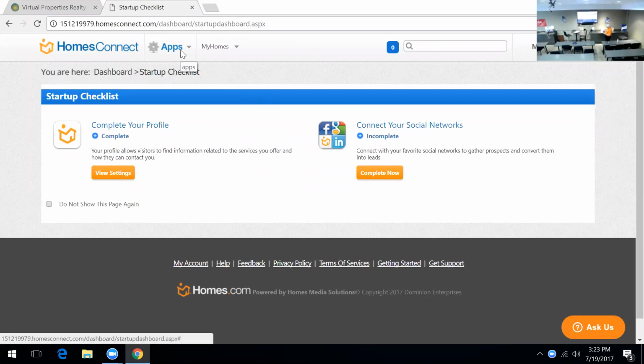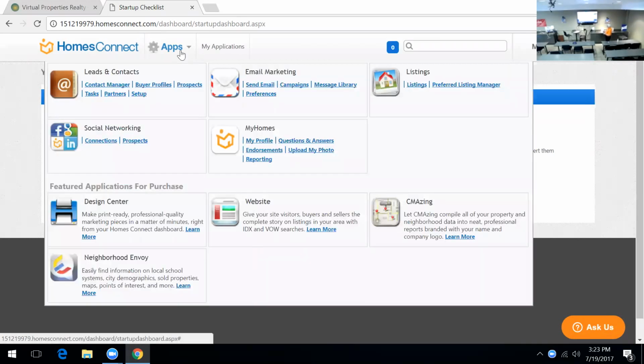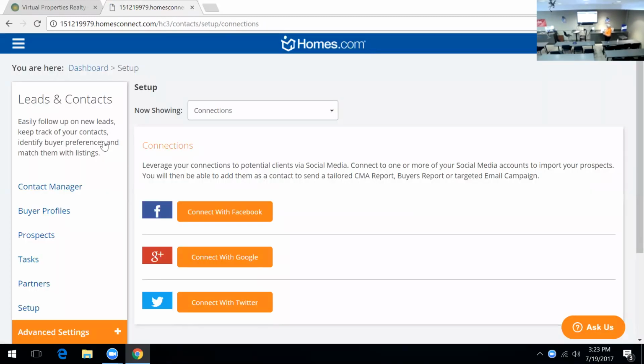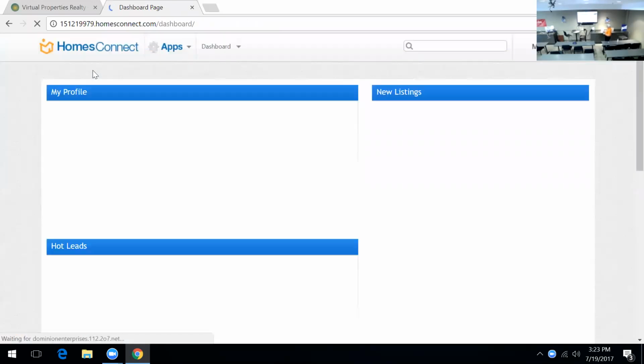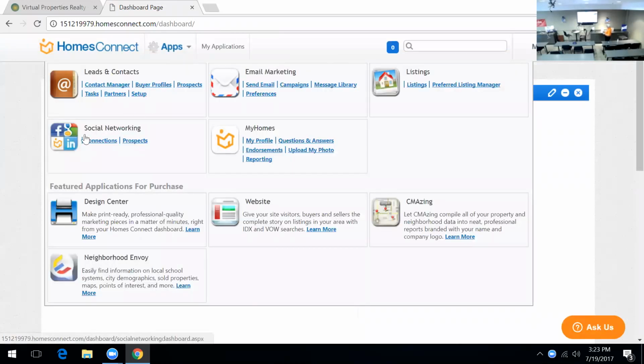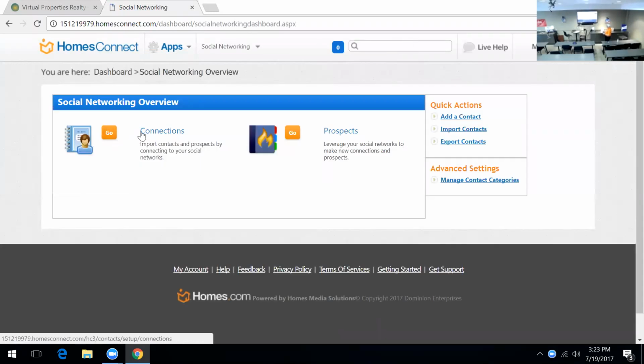Let me go back up here to apps. Yeah, you can't, that's called dual agency. You can't do dual agency. In other words, you can't replicate. But just think about it, how can you represent